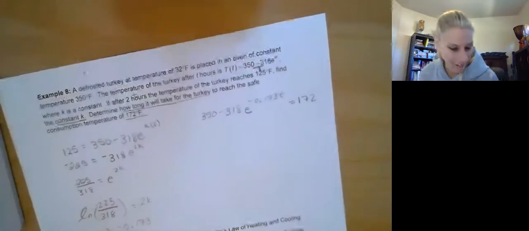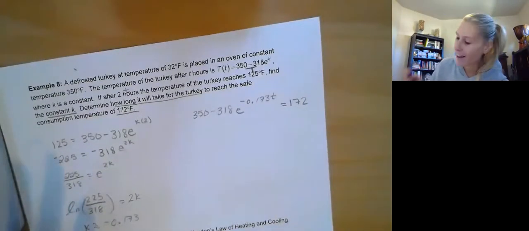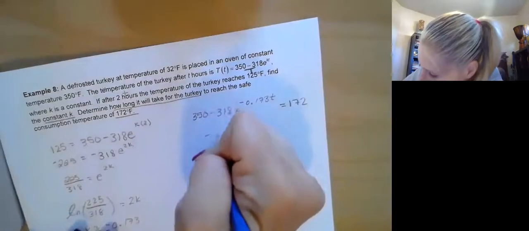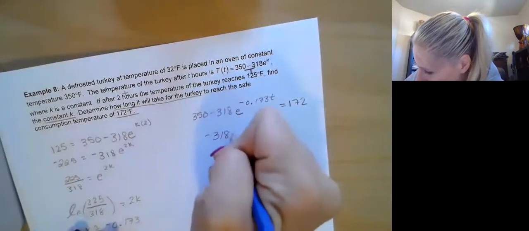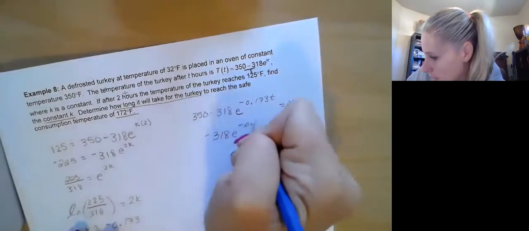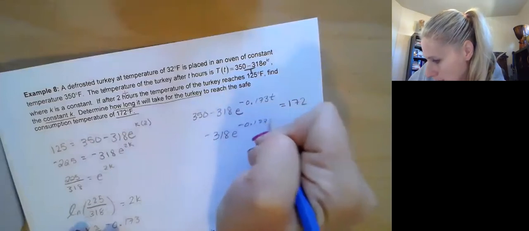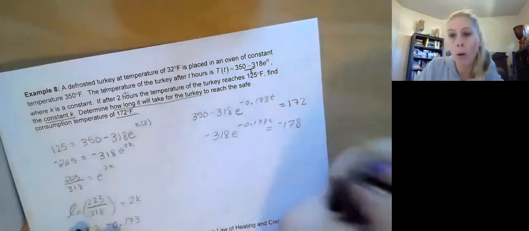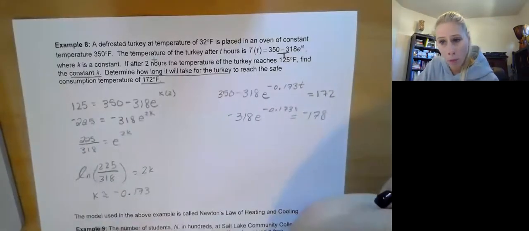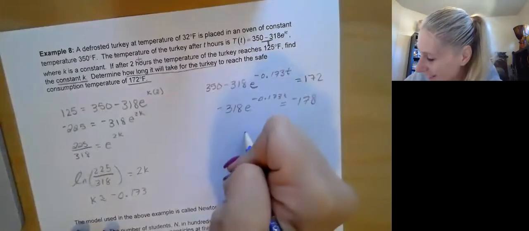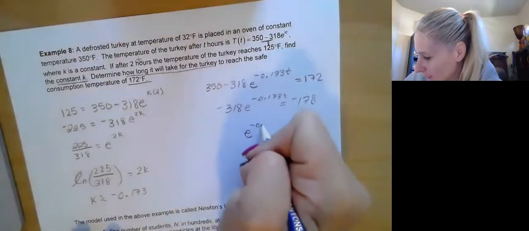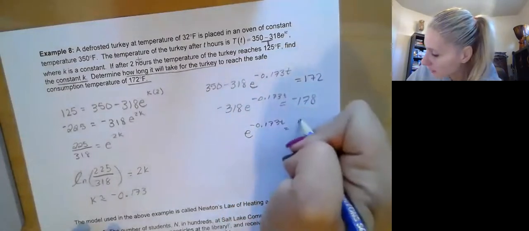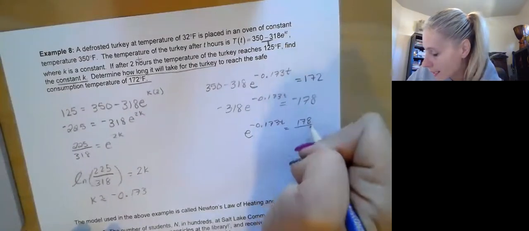All right, back to math. Sorry, guys. All right, so let's solve for this. So I'm going to subtract 350 from each side to get negative 318 e to the negative 0.173 t equals negative 178. No, I'm not doing this in my head. I did this beforehand. Divide negative 318, so e to the negative 0.173 t equals, I'm going to keep it as a fraction,